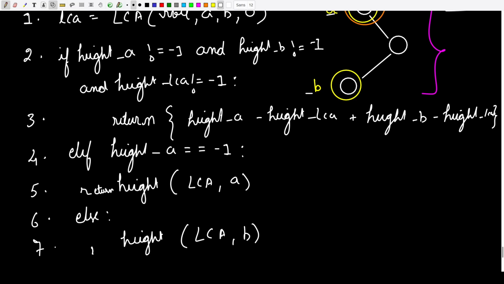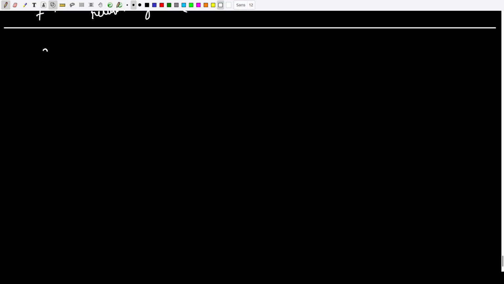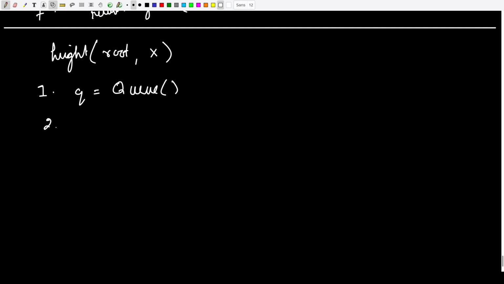Now let us see how we are going to write the function height, and that is how we will be able to conclude this problem. So let us look at height. So root, and we want to look for some node x or some data x. So what we are going to do is write a level order traversal. So the level order traversal looks something like this. We need a queue there, and we are going to put root at the beginning of the queue, and